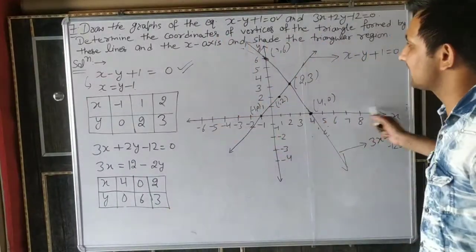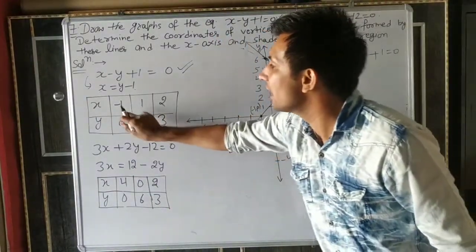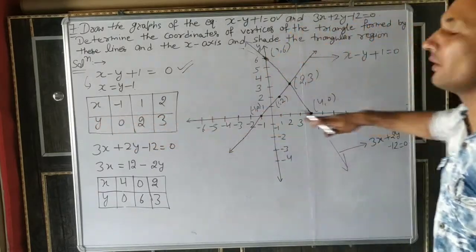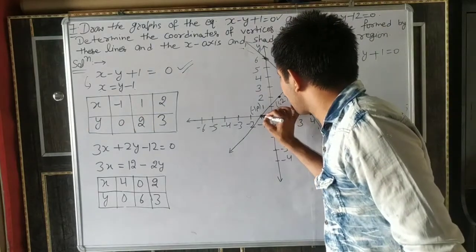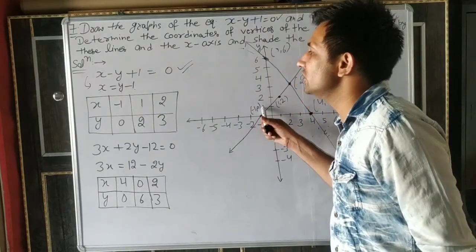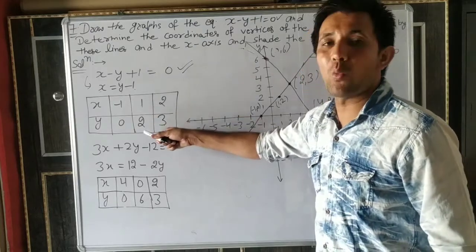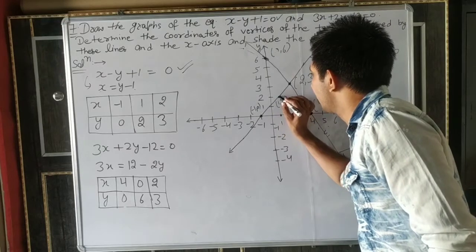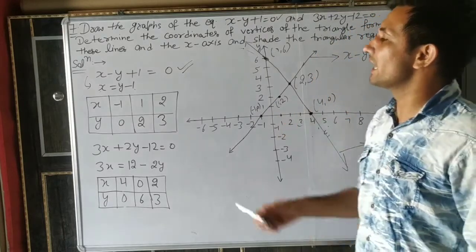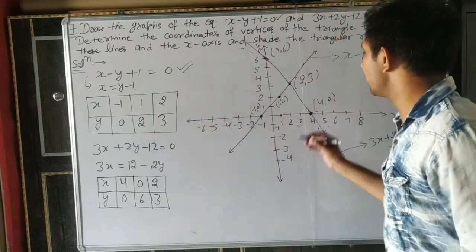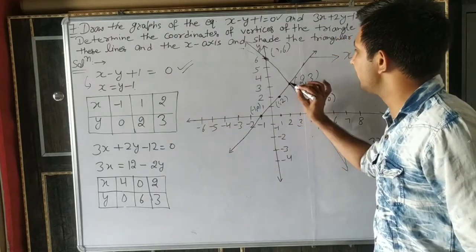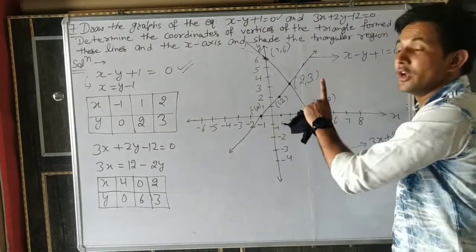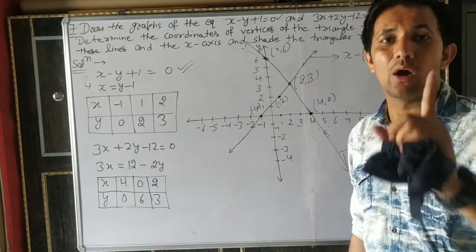Now we will draw in the graph. So this is the x-axis, this is the y-axis. First equation: x is minus 1, y is 0. Y 0 is always on the x-axis, so this is the point minus 1, 0. Next is x is 1, y is 2. Where do these meet? Here. Next is x is 2, y is 3. And we draw the lines. But you will make the graph by using a pencil and scale.